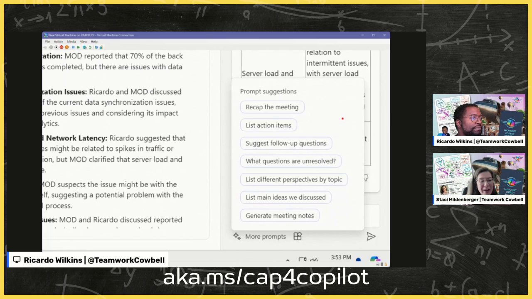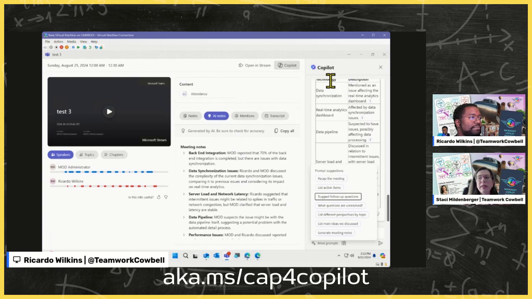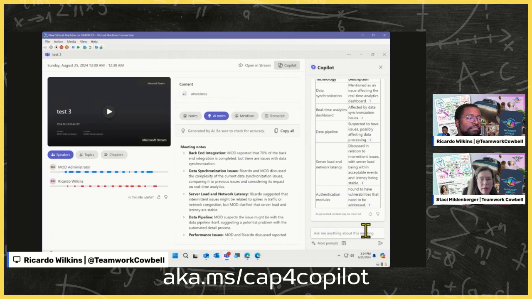The fact that there are 7 choices there means that it's probably going to give you ideas of things you didn't even think to ask, but having it feed you those and have it at your fingertips in one click rather than something you have to type or come up with on your own is going to give you the kind of information that you didn't even know you needed, which is, I think, really cool, because a lot of times with Copilot, we come to it with all of the things we're used to doing already or used to approaching and asking for, just because that's the way we work.